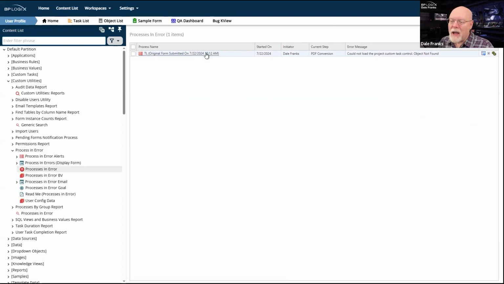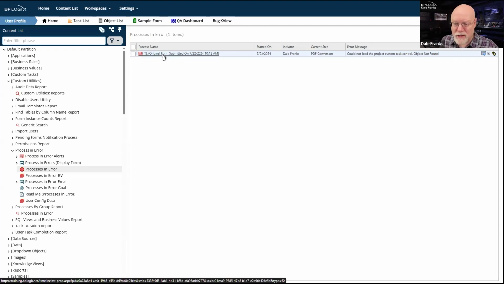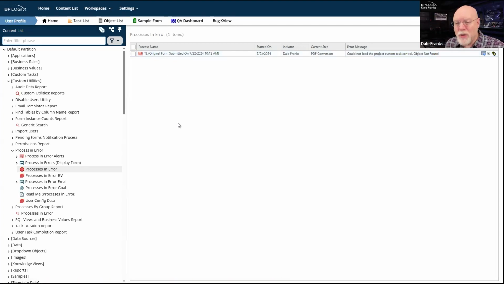Now, I'll tell you why I don't like this particular one: it doesn't tell me where the process is. It does give me access to the process instance. And that's useful. And as we'll see in a second, when we open up a process instance, we can always get back to the definition. But I kind of want to know where this is. And I would like a folder path here. And in the one that we create for you, there is no folder path.